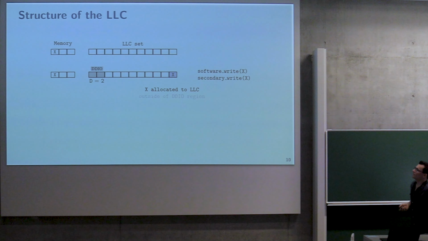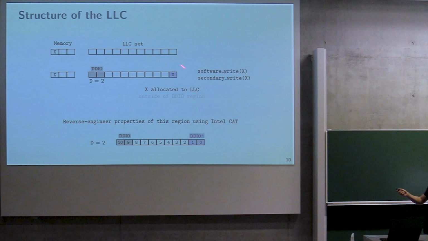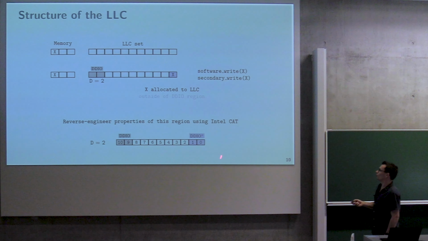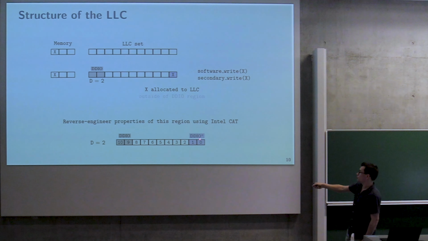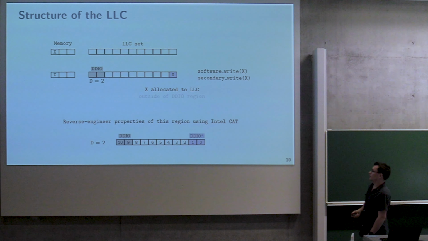So we see that it still goes to the LLC, but outside of this publicly known region. That's interesting. So what we then did is, again, FPGA-assisted reverse engineering, and then we found out that there's actually 2 more ways that are used for special purposes. And we call these, well, we were the first to find them, so we could name them. We did stick with the boring name, so we called it the DDIO plus region. And basically, lines that are in this state will get pushed to these ways instead of those.